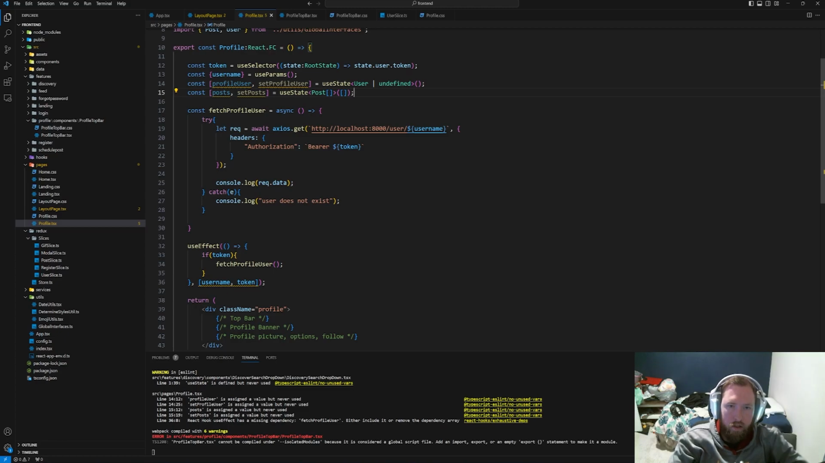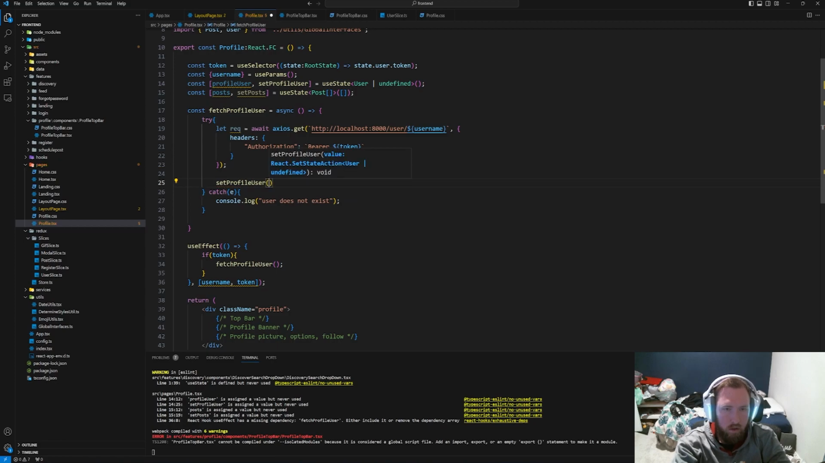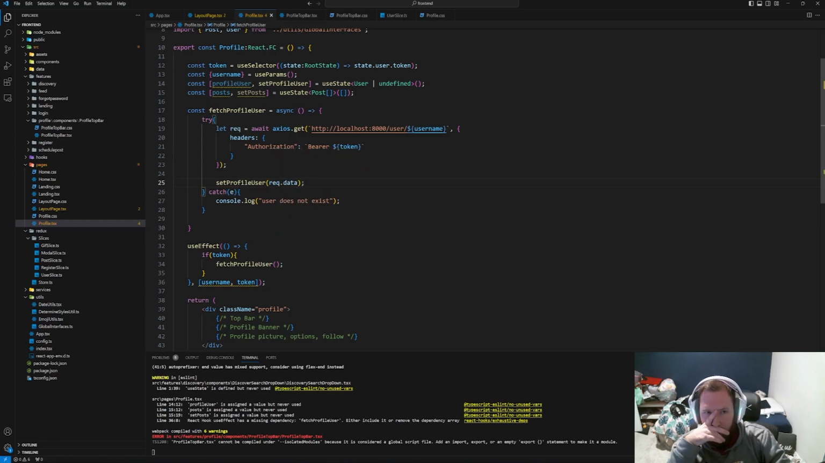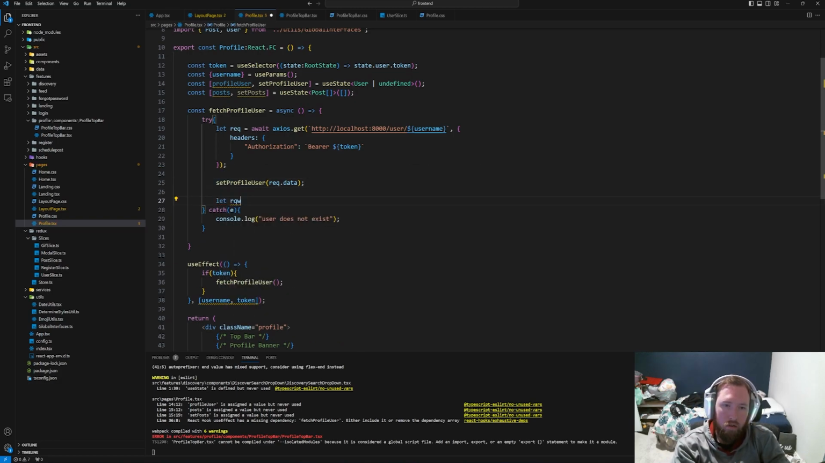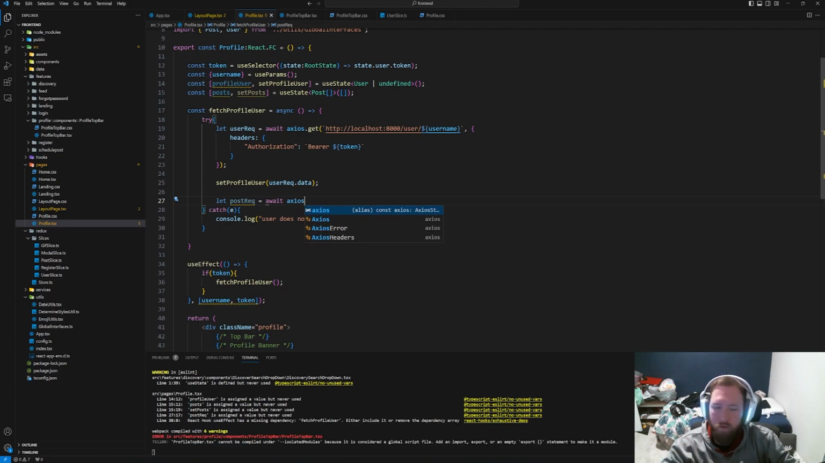Let's actually go ahead and set profile user here because I don't ever actually do that. Set profile user to the res.data. We almost need to have a callback function in here. I mean, we don't need to. We can just go ahead as once we have the profile user, we can go ahead and say let user request here. Let user request and then user request.data, and then we can say let post request equal to await Axios. And this will be fun because I don't actually know if we have an API for just getting a user's